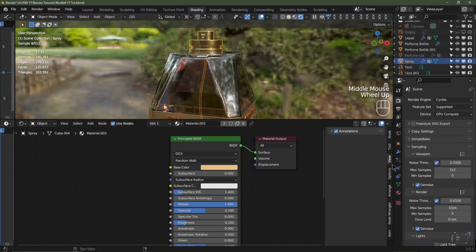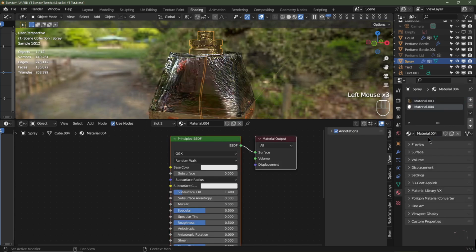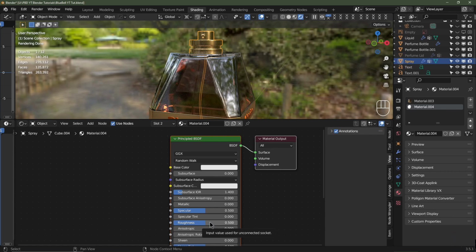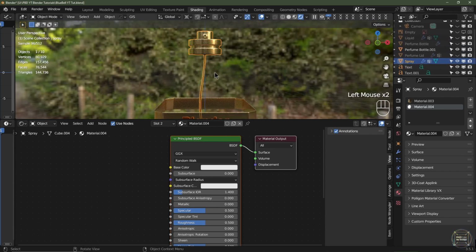I'm going to go to the sprayer and add another material. So click new. I'm going to keep it as a principled BSDF. I'll keep the roughness at around 0.5. I'll keep it white as well, but I'm going to have to hide the perfume bottle and the liquid,